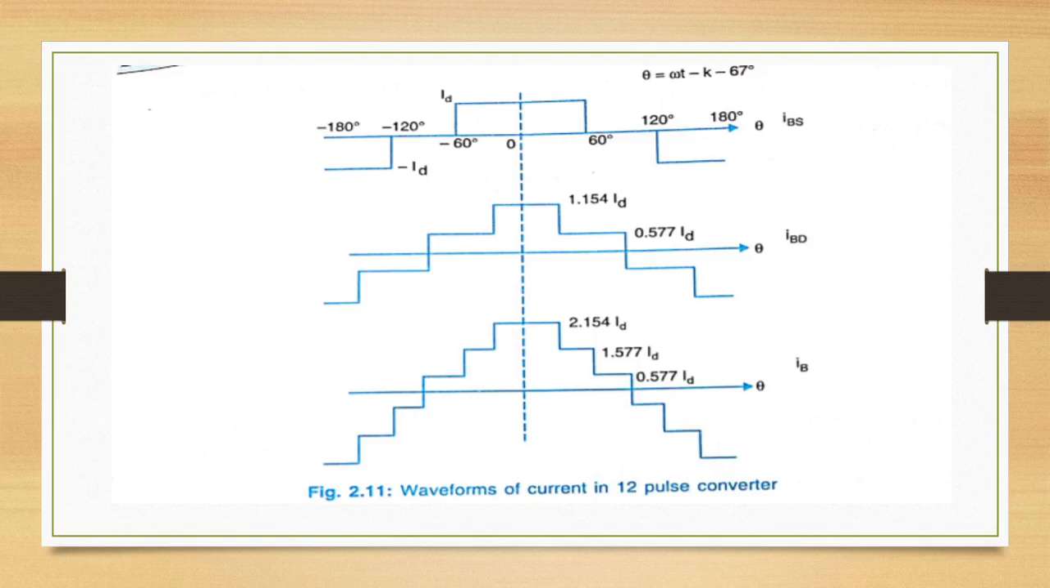Waveforms of current in 12 pulse converter. In deriving the waveform of IBD, it is to be noted that IBD lags IBS by 30 degrees and ICD will lag IBD by 120 degrees. So it can be shown that the RMS value of the fundamental component of the supply current in a 12 pulse converter is